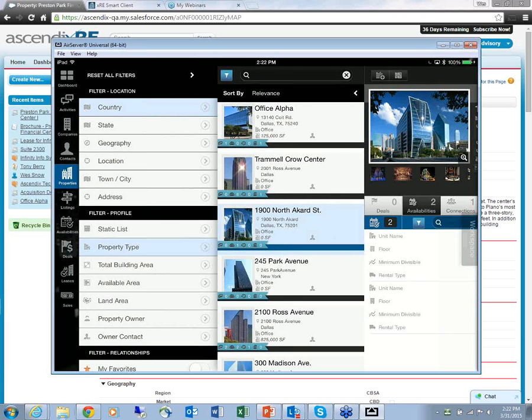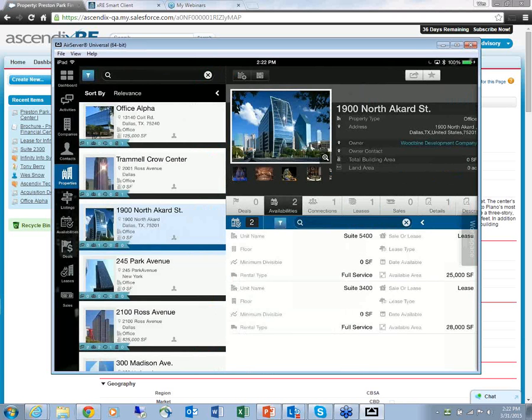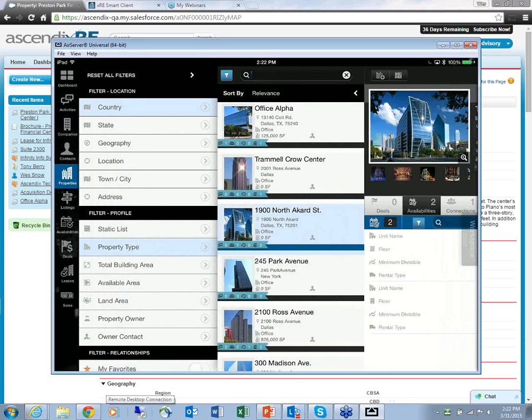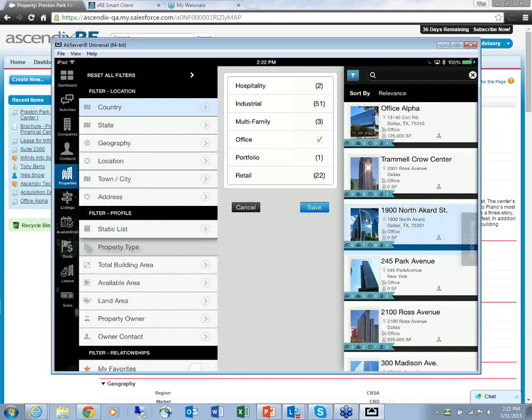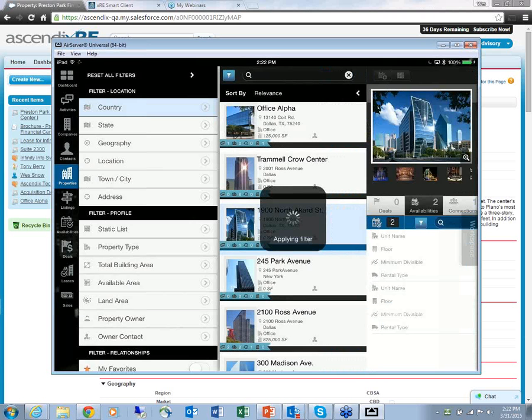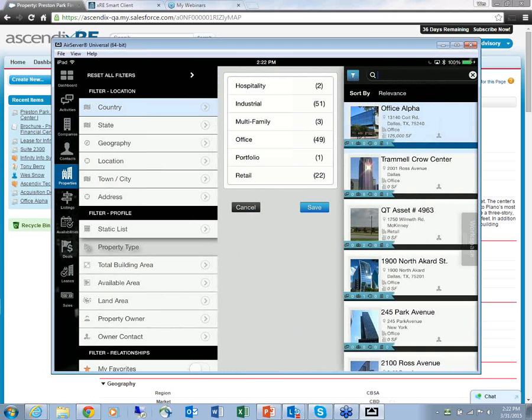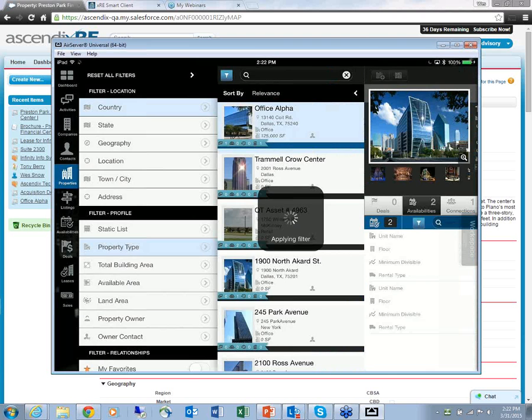And so you've got this property scenario where if I wanted to, I could go in and just do a search on a particular property name. However, if I had all of the properties available to me, I could go in and actually filter using some of these faceted filters. And so if I were to unselect that, we'll see that all of the properties in the database present themselves. So I go back to the property type, we'll see that we've got a number of property types available. And if I really only wanted to look at office properties, I could select that, hit save,